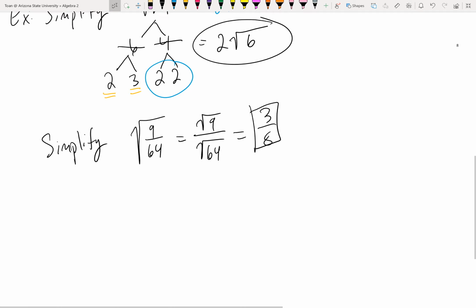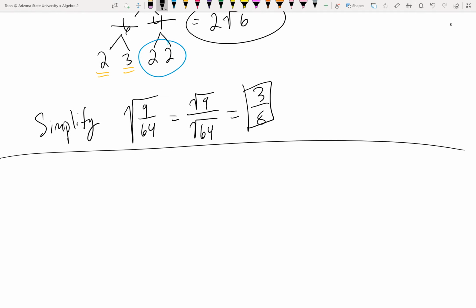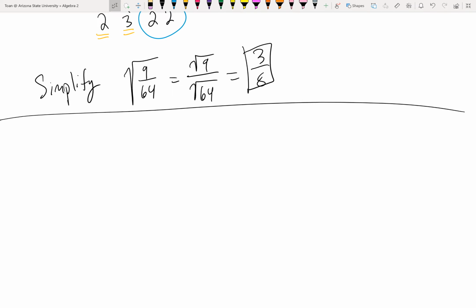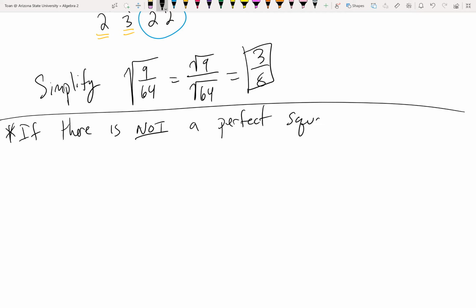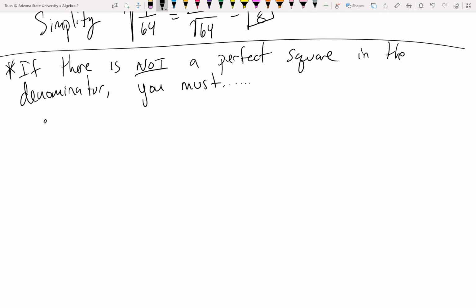Radicals become a little bit tricky to handle if you do not have a perfect square in the denominator. So how do you simplify radicals when there aren't perfect squares in the denominator? If there is not a perfect square in the denominator, you must, and this depends on what you have in the denominator. If you have a monomial in the denominator,